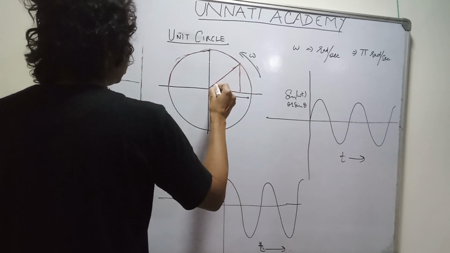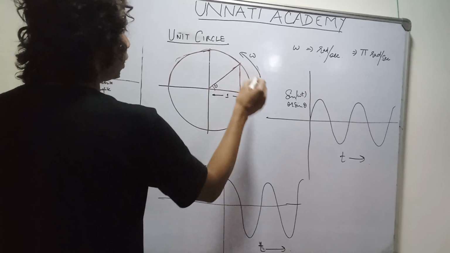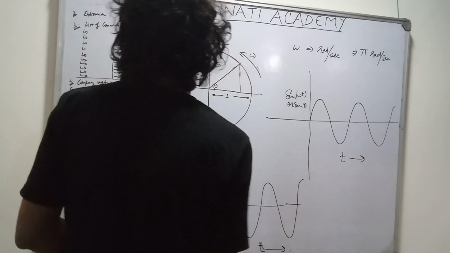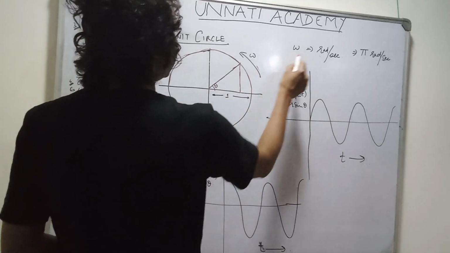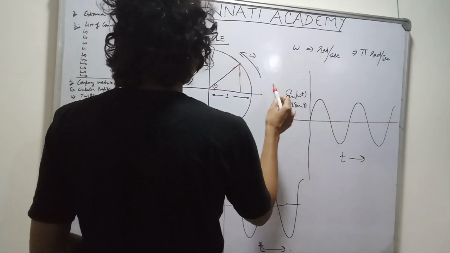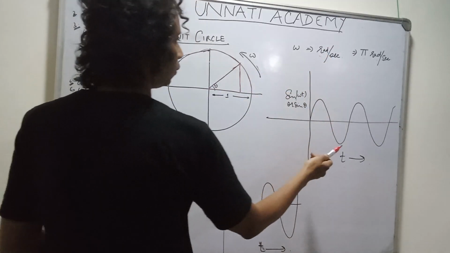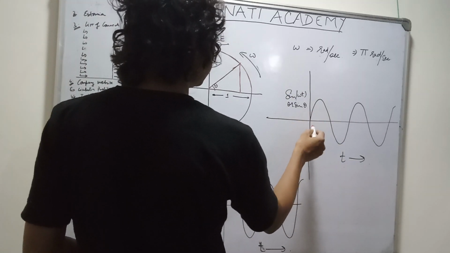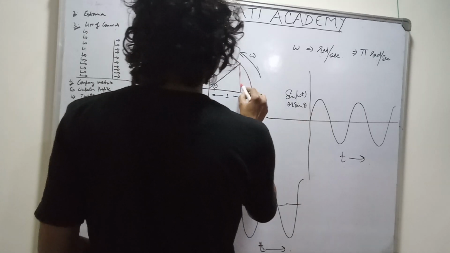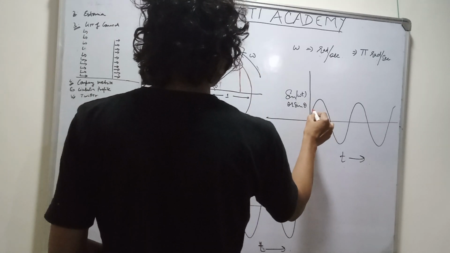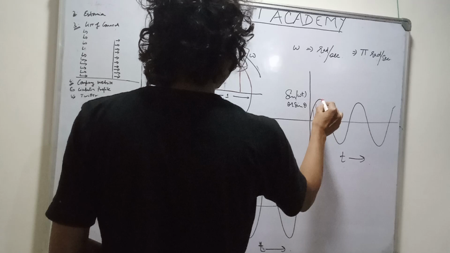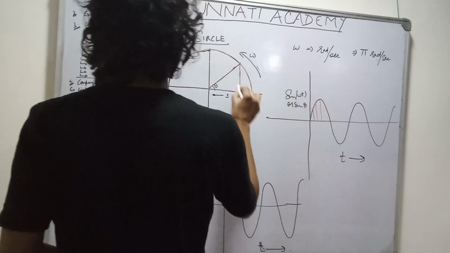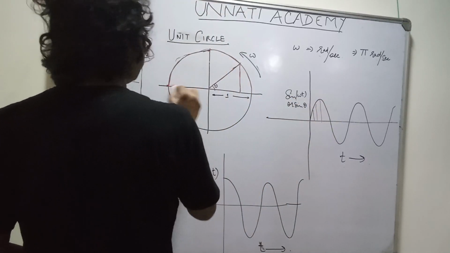So essentially, at any time point t, the angle theta is omega into t, the number of radians per second into the number of seconds elapsed. And if you see the sine curve here, it's nothing but the height of this projection at any point of time t. And you can see that at pi by 2, this goes to 1,